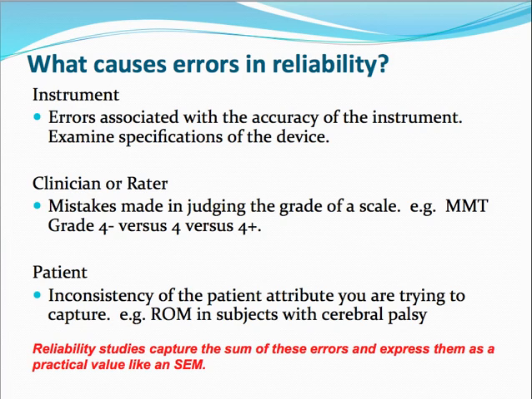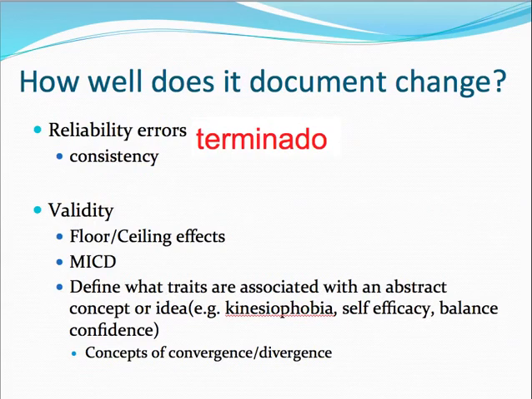So those are the sources of error, and it's up to you to think about the amount of training that it would take to execute the outcome measures without introducing error. So that's the short version of reliability errors, and we're going to talk a little bit more about validity in a minute, but let's just give some examples of some